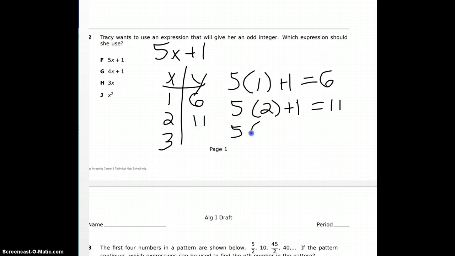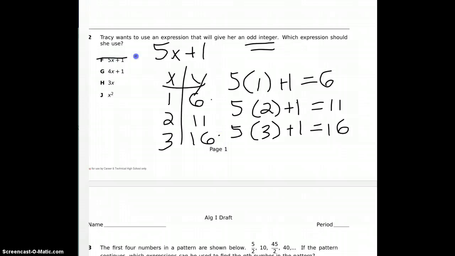If I plug in 3 for x, I would end up with 16. And right away I can see that because I'm looking for an expression that will produce odd integers, and this one is obviously already giving me 2 even integers,